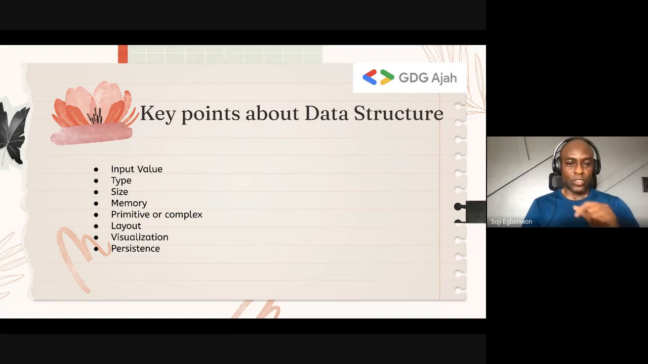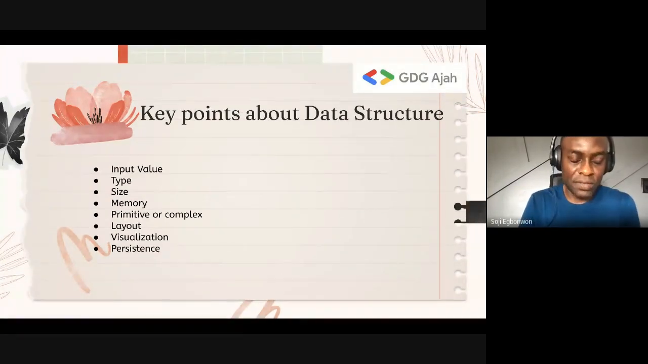All right. So, key points about data structure. As you begin to think about data structure, think about input. What will be given to your application? What will be typed in? Whatever the input is belongs to a different type. You are familiar with certain data types, primitive or complex types. The primitive types like float, integer, double, long,